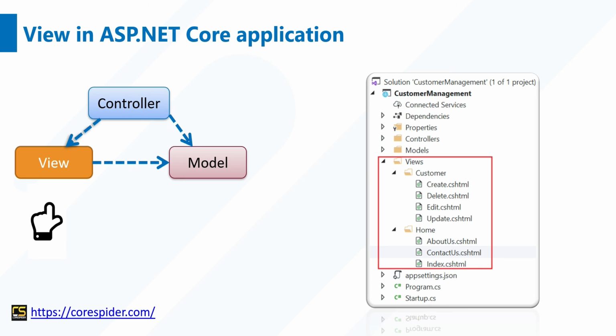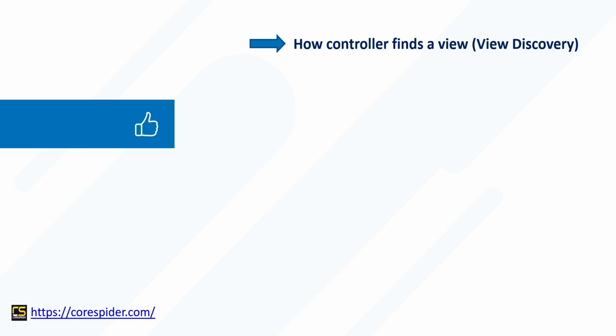What are shared directives, what are layouts, and what are partial views, we'll discuss in our upcoming sessions. That's it for this video. In the next video, we are going to discuss how controllers find a view, or we go through the details about view discovery. In that video, we will discuss how to return a view with the same name as the action method, return a view with a different name than the action method, return a view with a model object, and return a view from another location, and lots of other things we'll discuss in our next video.